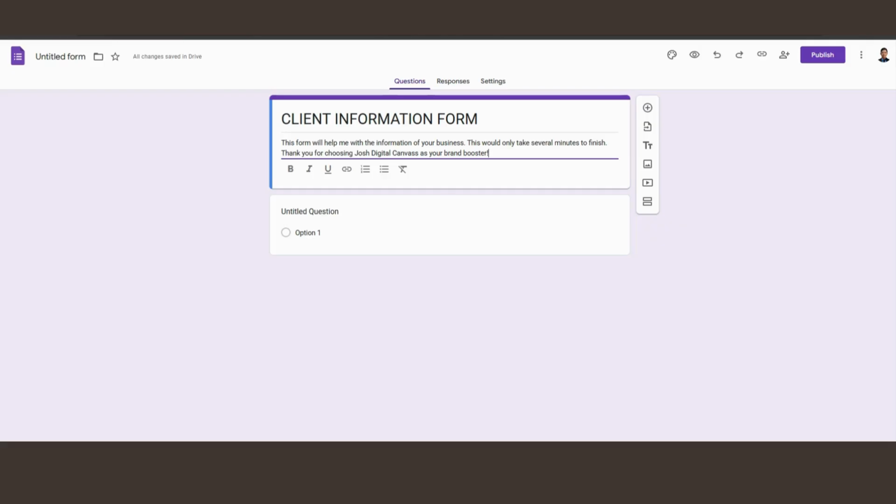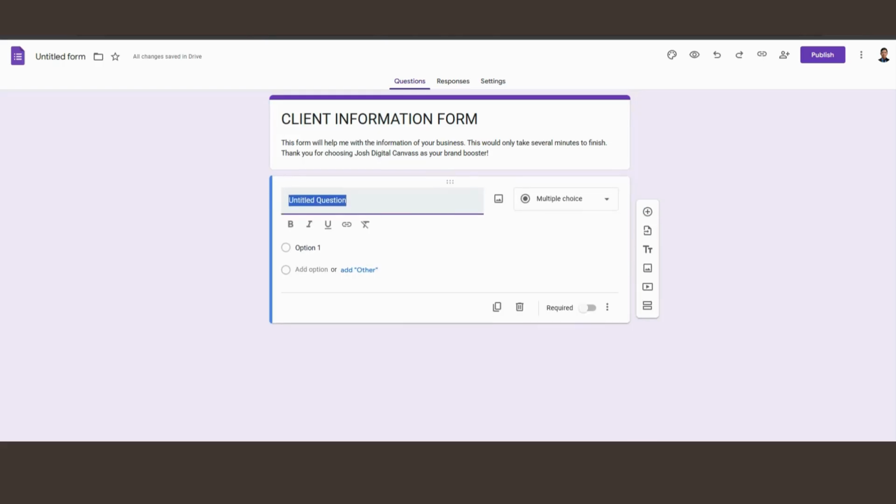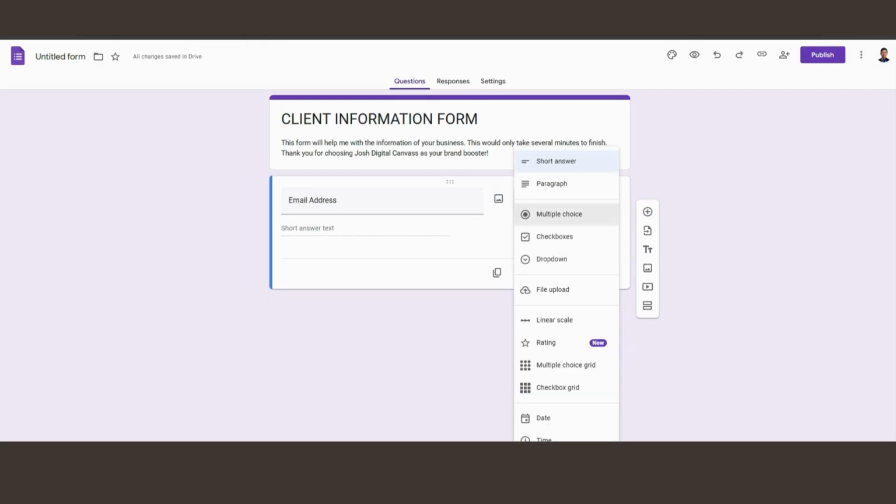Next, for the questions, you can start here. Let's say, for example, I ask him for his email address. On the right side, you can choose the type of how your client would answer. For email address, it only takes a short answer.